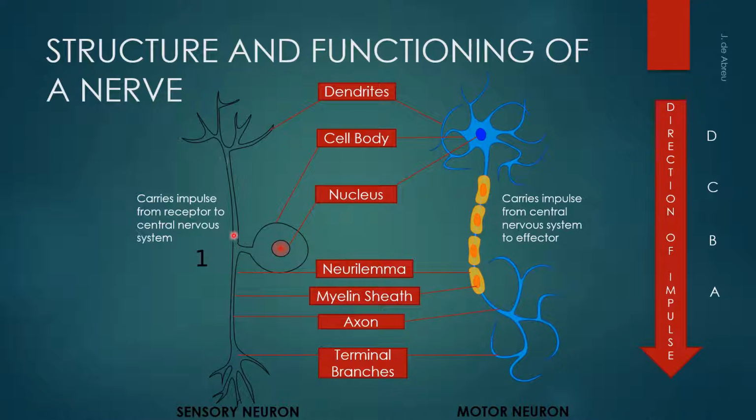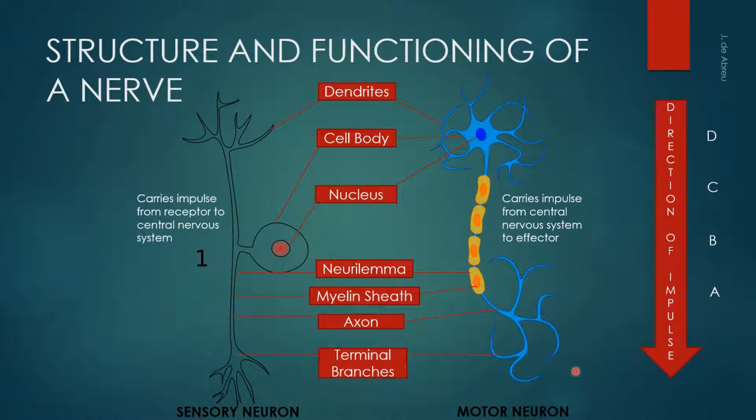So you have the axon down here that connects to the terminal branches. And around the axon, it's not really shown here, but it is on sensory neurons, there's a myelin sheath, and the myelin sheath goes around the neurolemma and the axon. So the myelin sheath protects the axon and helps speed up the transmission of impulses, and then it's connected to